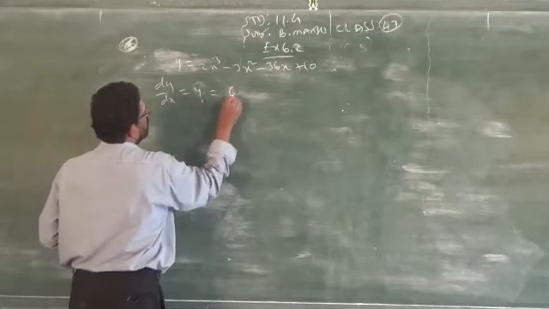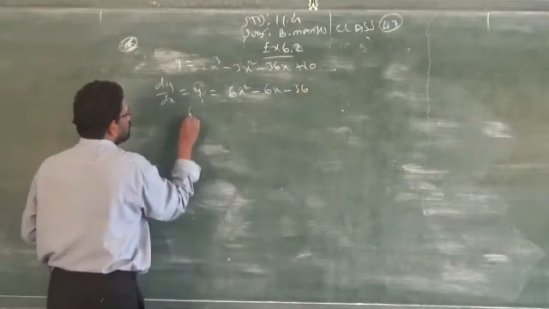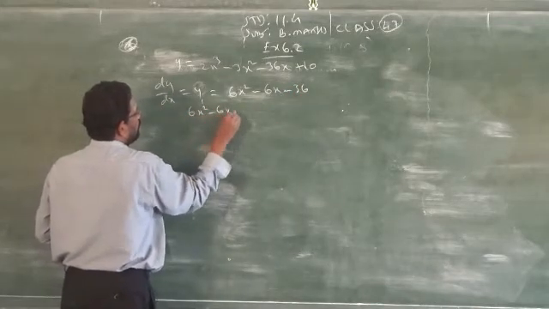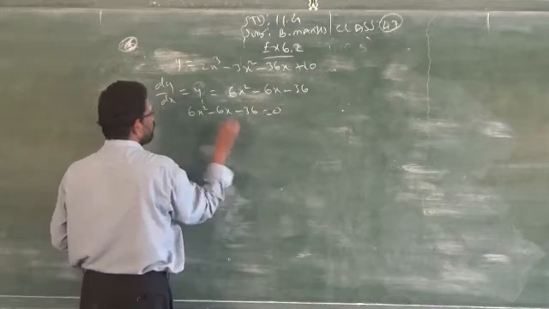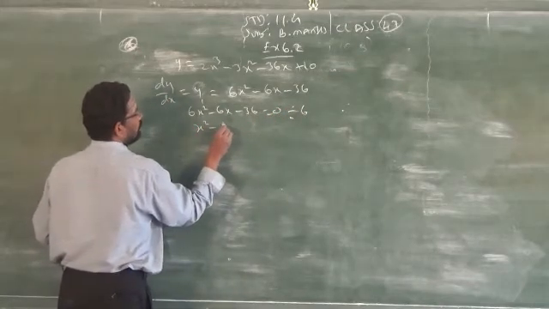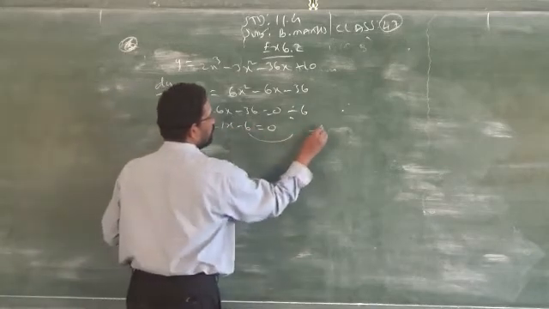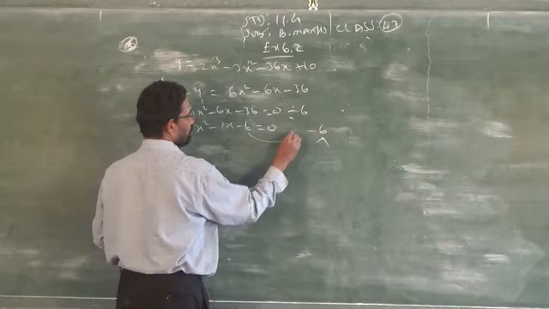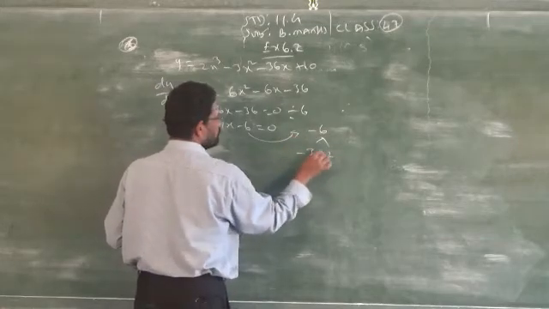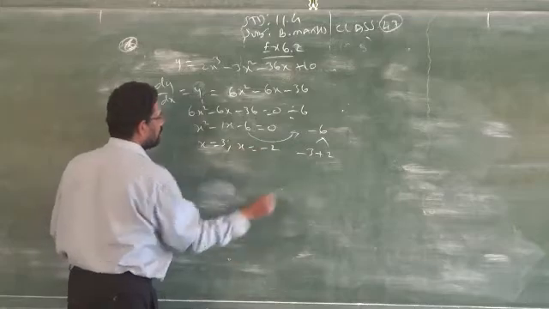3 2s are 6, 6 36. So the first order is equal to 0. Everything is divisible by which table? 6 table. x square minus x minus 6 is equal to 0. Then you have to factorize, 3 2s are 6, minus and plus. So you will get x is equal to 3 and x is equal to minus 2.